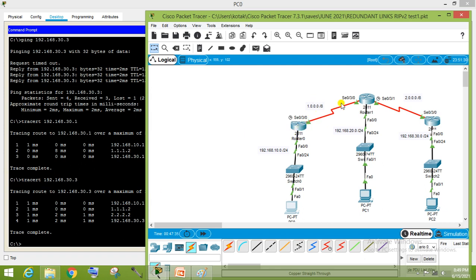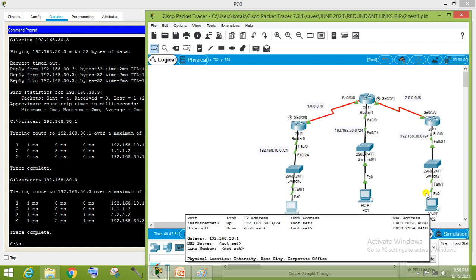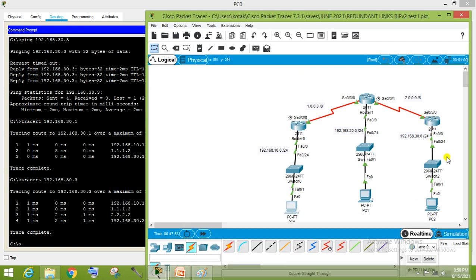This is 1.1, this is 1.2. Then it goes to 2.2. This is 2.1, this is 2.2. It reaches here, and after that it reaches this 30.1 network, and here it is connected to the 30.3 PC. In this way, this PC is reaching this one.